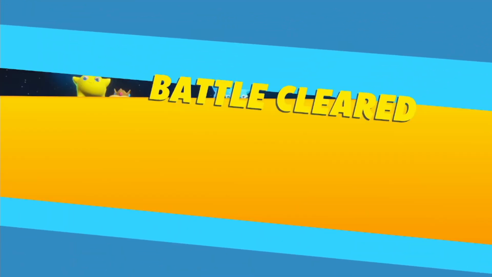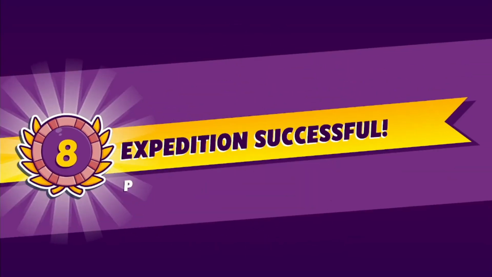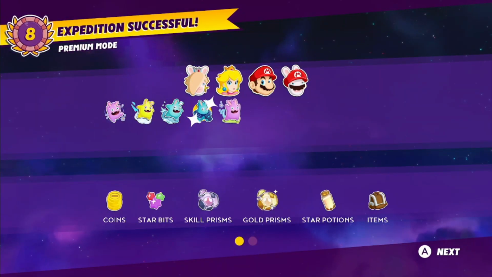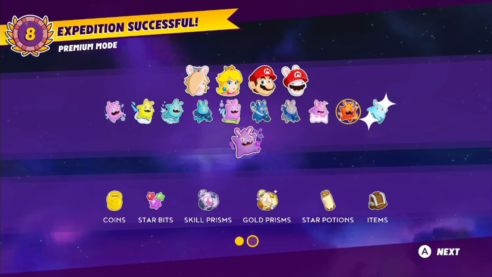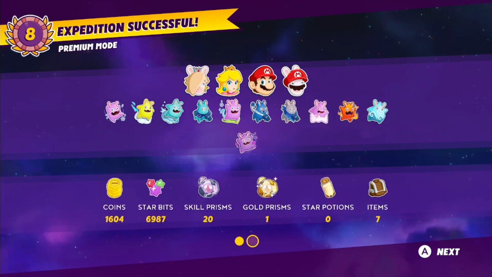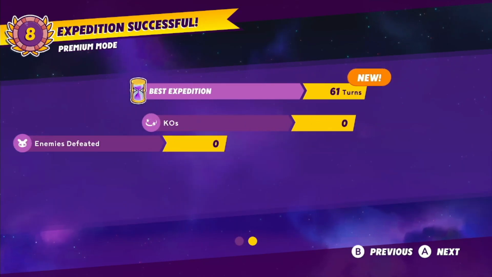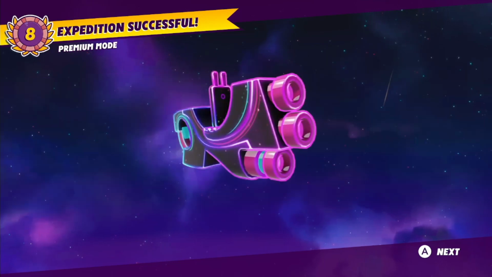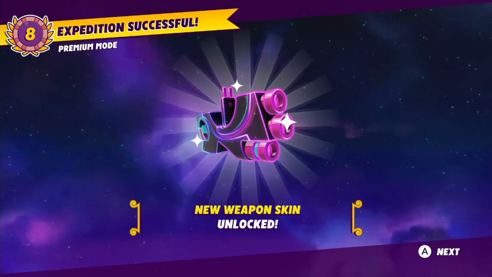We are done. The final level completed. The largest level of all premium mode is finally done. This was kind of an annoying series so far. Hopefully the next one might be a bit more interesting, but so far we're good. We didn't get any kills. We didn't lose anyone this time, which was great. And we got a weapon skin for Rabbid Peach, so...